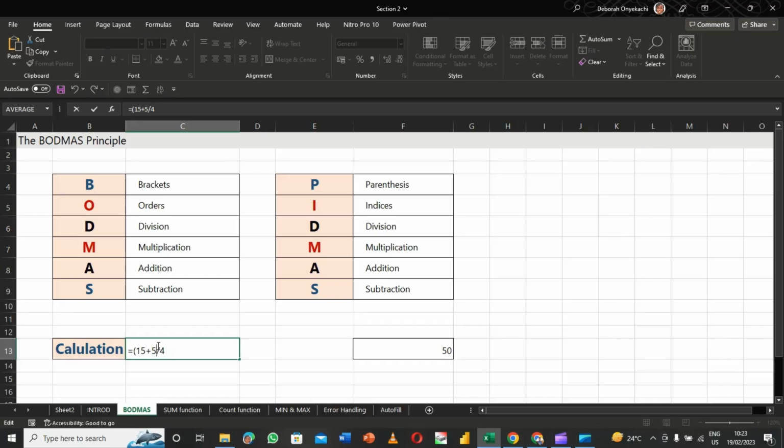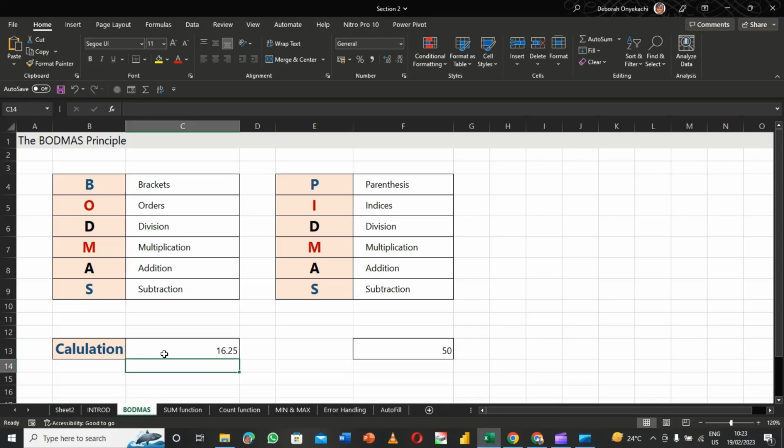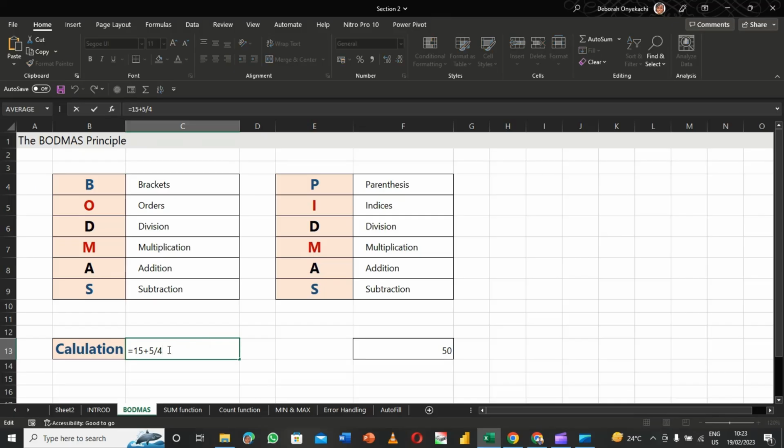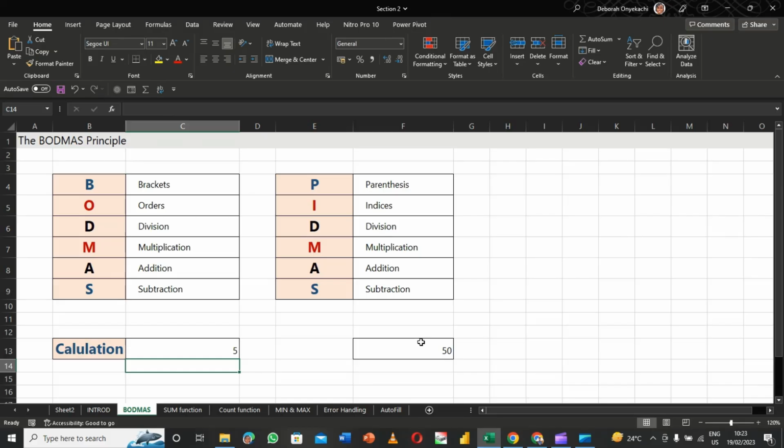But if I remove this bracket, I will have a wrong answer. So this is the correction of what we had in the other worksheet. I'll still close, open and close to have the answer. Alright, so here in this cell,